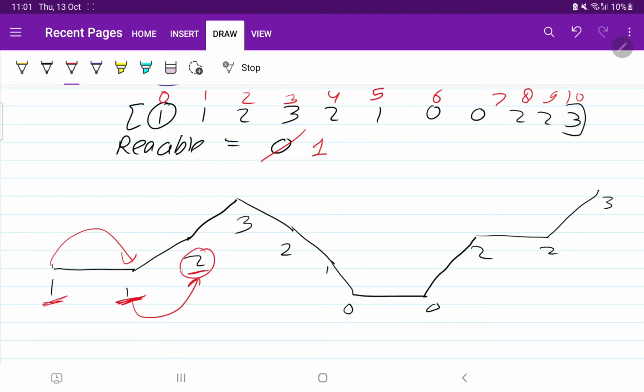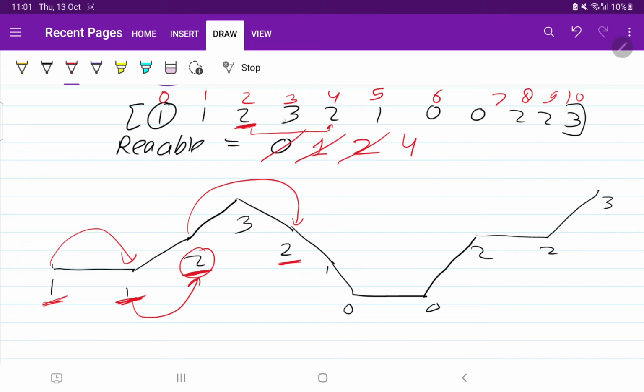Okay, so what is the value? 2, and index is also 2. So we will update the reachable. We will come to this place and we will check we have reached the element of the 2. So in 2 I will check what is the maximum reachable. He said that I can reach to this position maximum. Okay, I can make a maximum jump of height 2. So what is the reachable now? Now we can reach to this position, and what is the index of this position? 4. So we can reach to the distance up to 4.